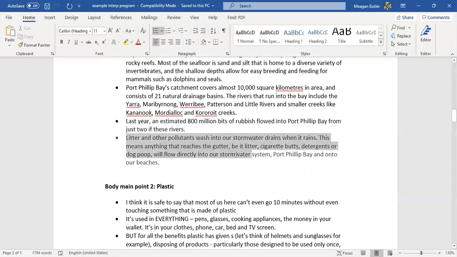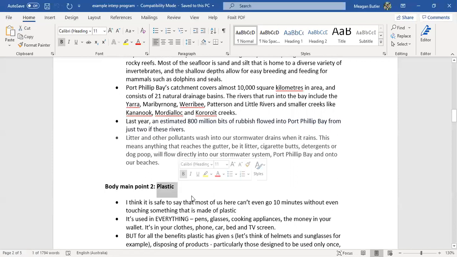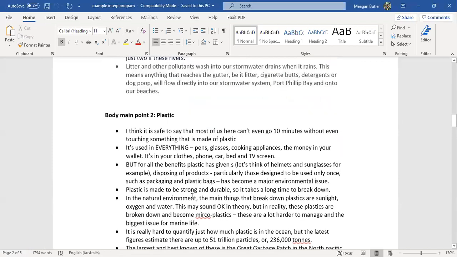The final statement here is somewhat of a transition statement, talking about litter and other pollutants that wash into stormwater drains, like cigarette butts and detergents. This final sentence in the first point leads really well into the second point, which is highlighting the issue of plastic.